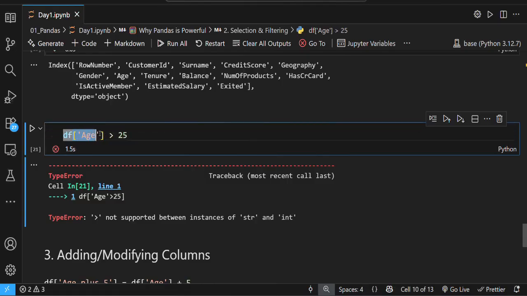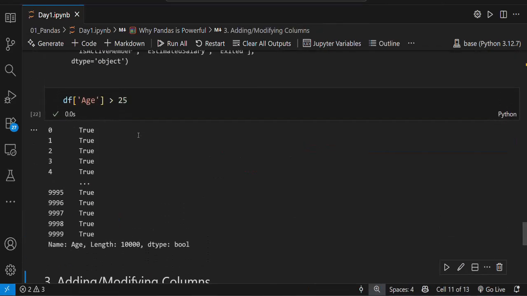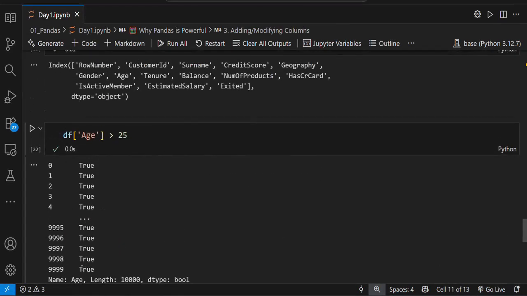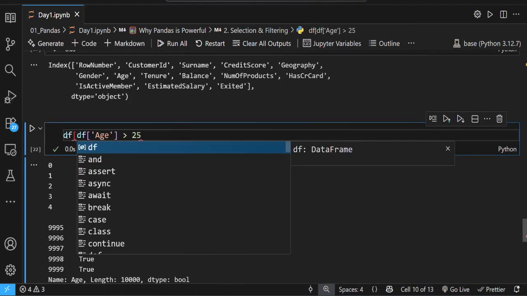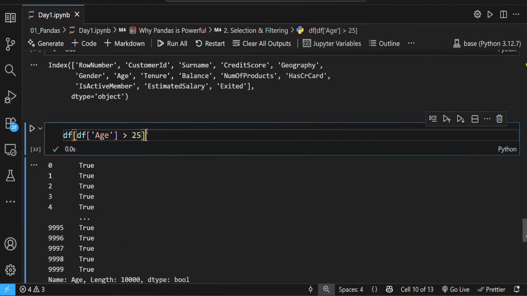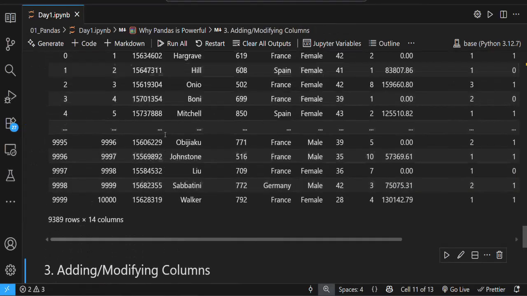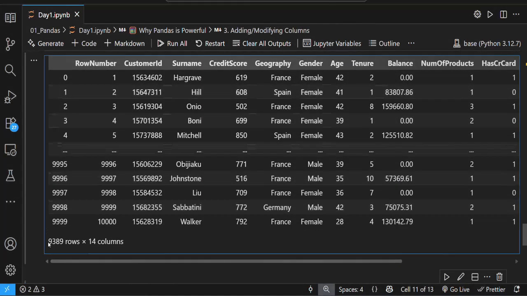This is a column and the condition is greater than 25. See, you will see the values in true and false. But I want the whole data set where the age is greater than 25. Now you will see the total number of rows I get is 9389 from 10,000,